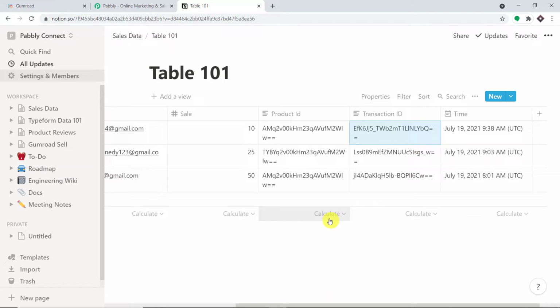So you must be thinking, how did I do it? How did I manage to send the data from Gumroad to Notion? Here we have used an integration and automation software to create a workflow to integrate Gumroad and Notion. The best part here is once you create a workflow, every time a new Gumroad sale happens, there will be a page in Notion. Let me show you how a workflow is created.